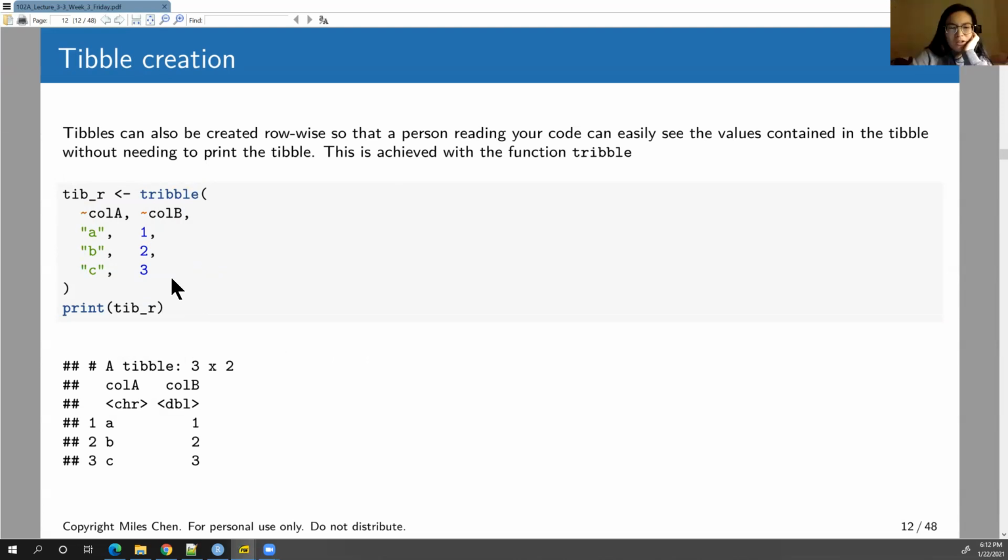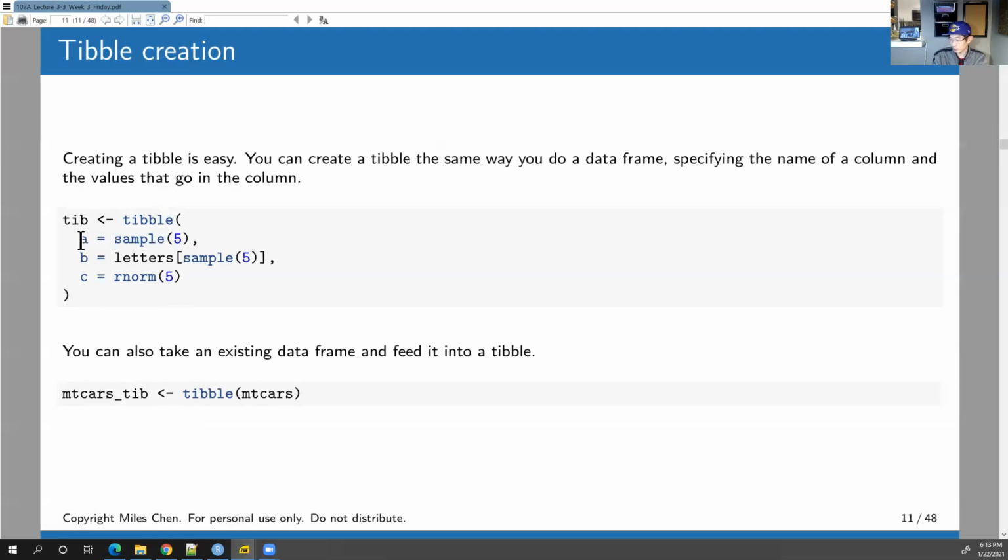Professor, I have a question. Yeah, go ahead. What is the difference between the tibble and then the tribble part? They're both tibbles. Tribble is just in case you need to create a tibble, but you want to enter the data that goes into the tibble row-wise. So generally when you create a tibble or a data frame,